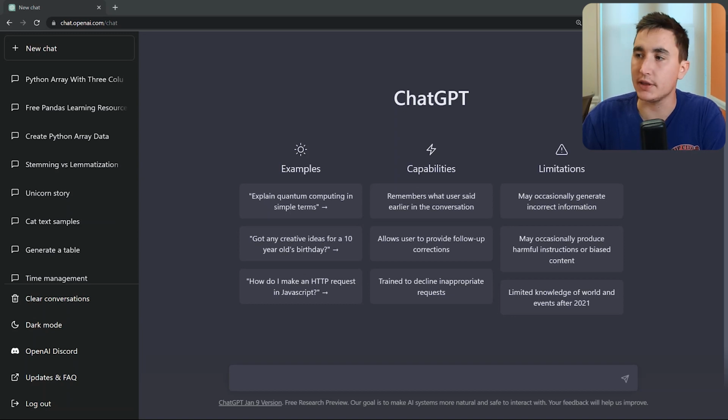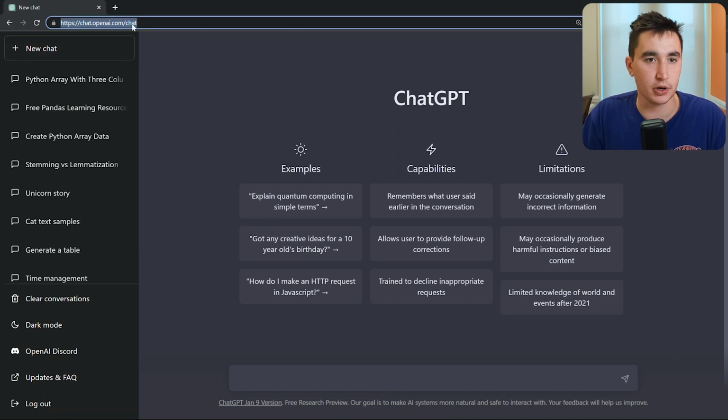Hey, what's up everyone? In this video, we're going to quickly see how we can generate data using ChatGPT. So why would you want to do this? Well, one reason would be you have a program and you want to generate some data samples so you can make sure that the program is running as expected. Another reason is that maybe you're trying to give a lecture or do some sort of lesson and you want some data samples to use for the purposes of that. A lot of different reasons you might want data, and let's see how we can use ChatGPT to help us